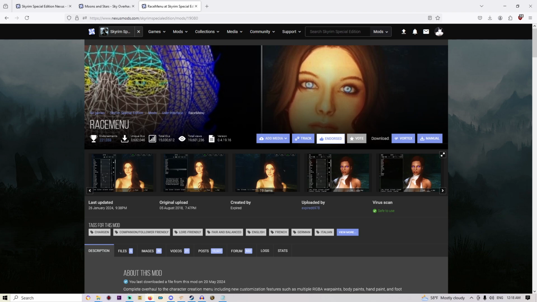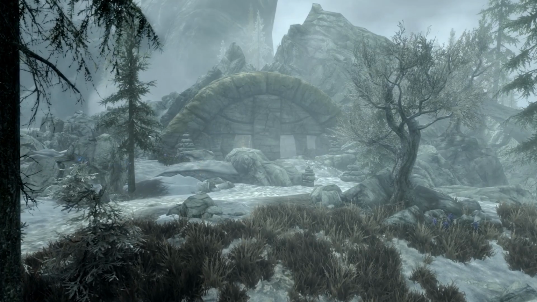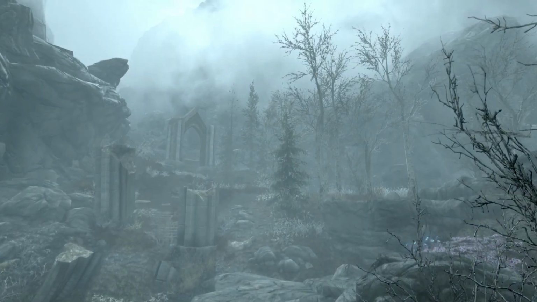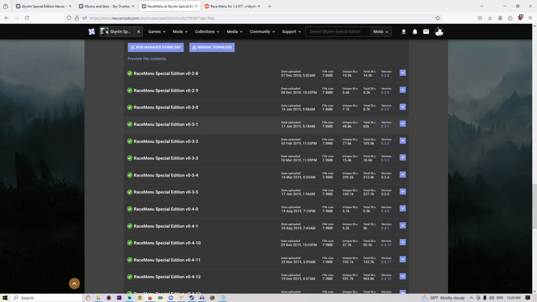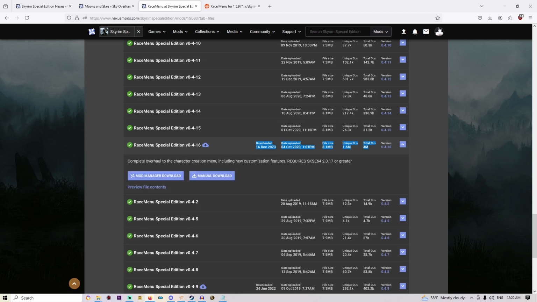Next we have RaceMenu. RaceMenu is a very basic mod that we need to have in order to make our character customization work. Ignore all of the files you see here, follow me as we go through, scroll all the way down. Do you see this one over here that has 4 million downloads? You will see that it has more downloads than every other file. This version is the one we need, the